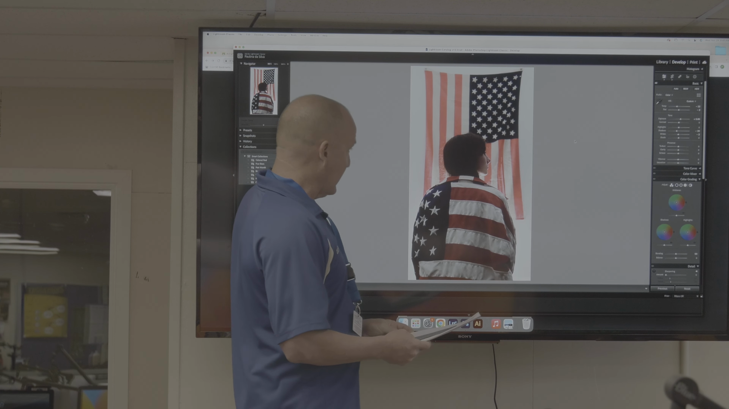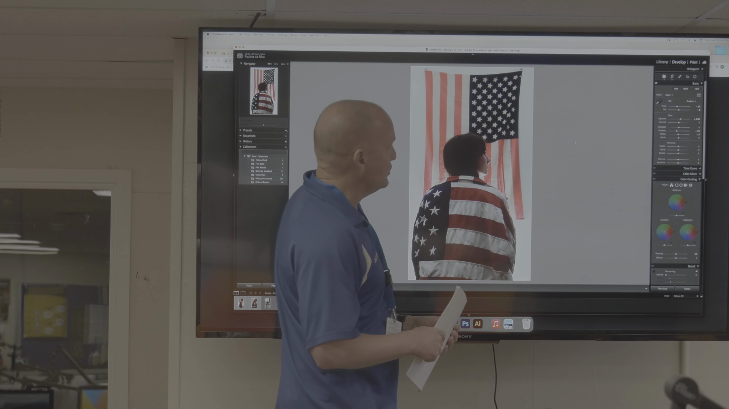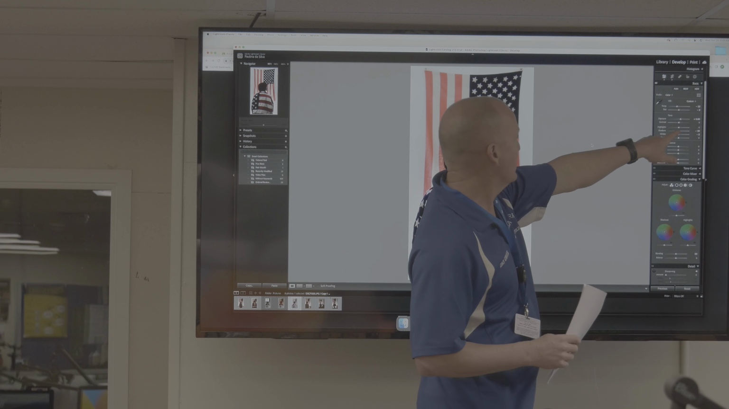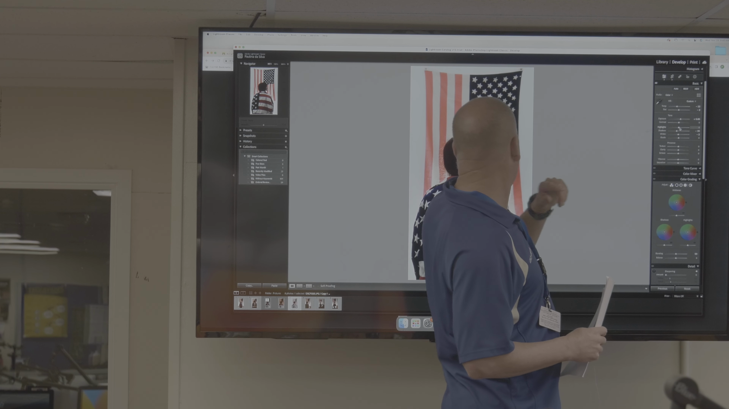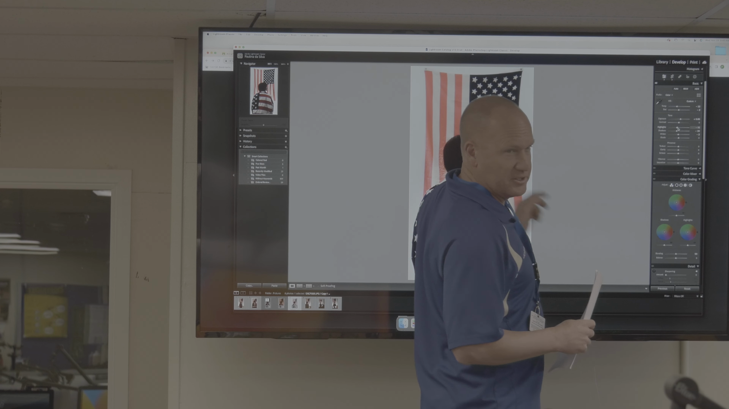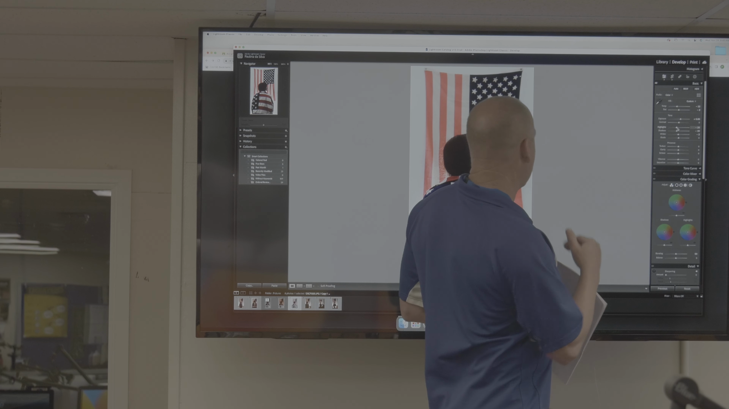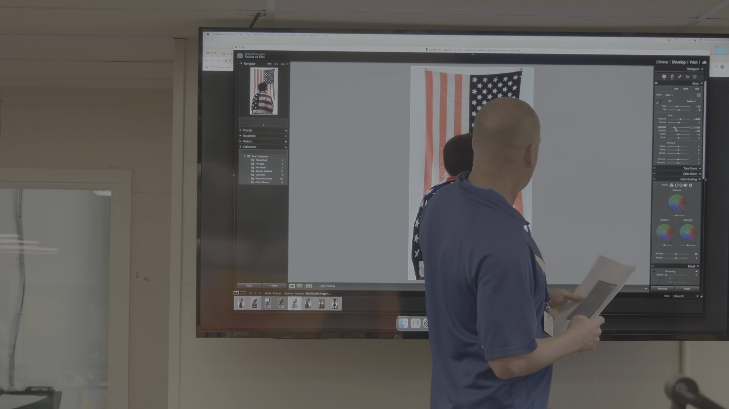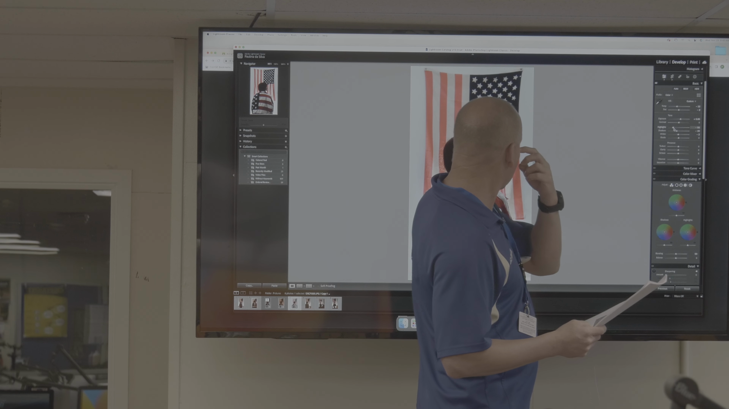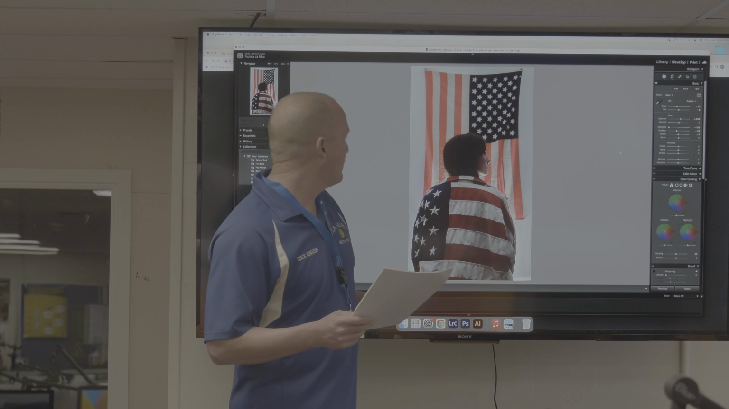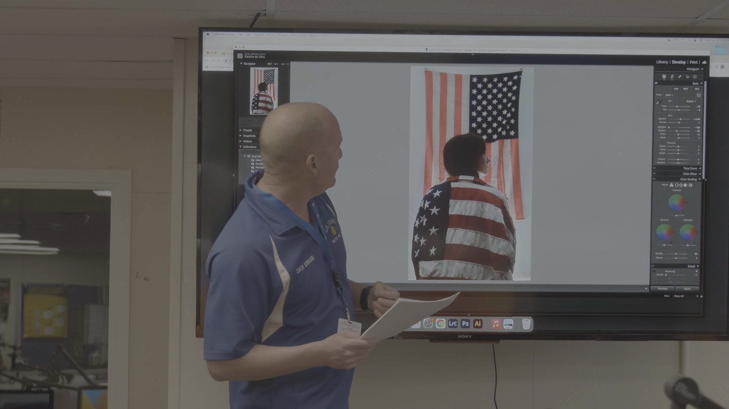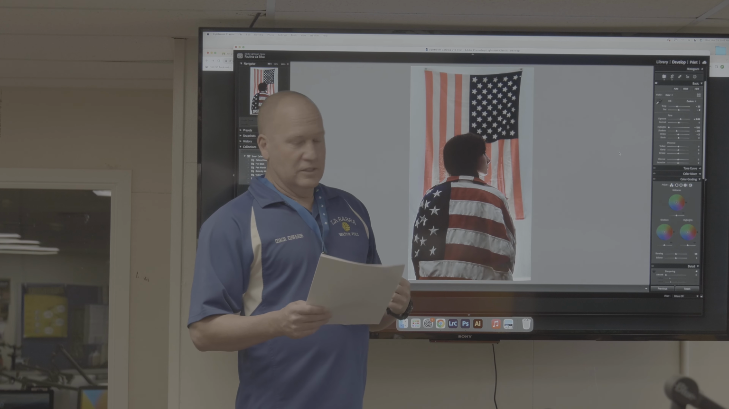Okay, the next thing that I did was I really tried to pull back some of the highlights. So if we go over to our highlights here, pull that back, because if you look at underneath her chin, it's getting a little bit blown out there. So I went all the way back to -100, I think, on this. All right,